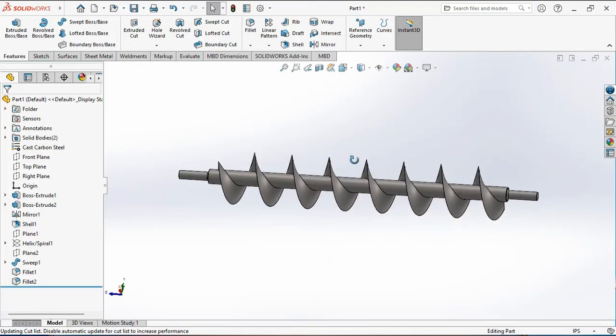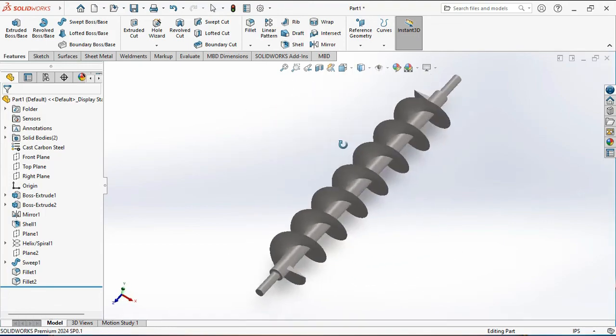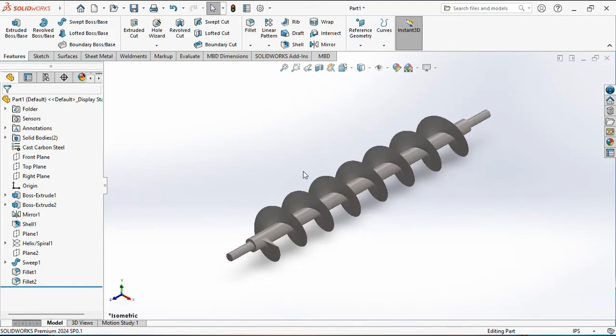And now we can change the view also. Go here, click on this arrow, and then click on this shaded option. Now you can see the shaded view of this model. And that's it! You have now created a